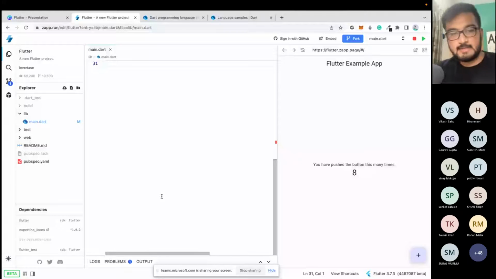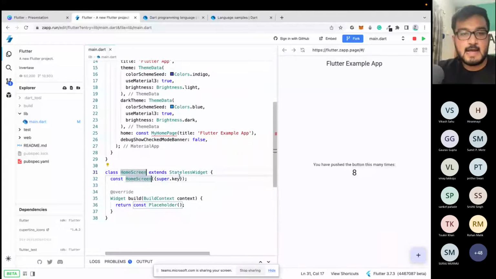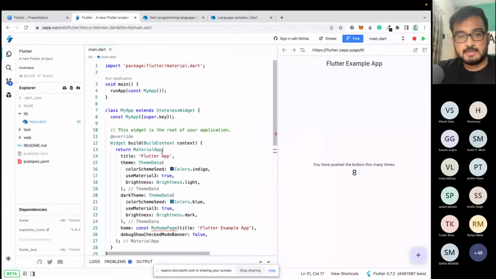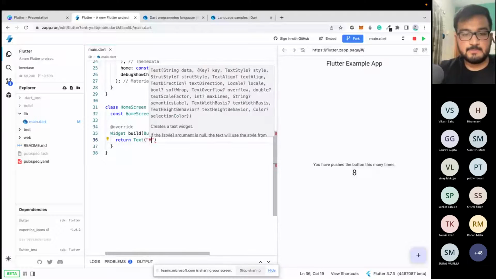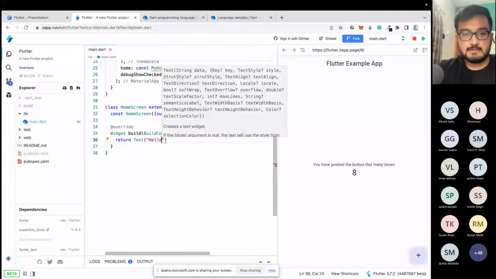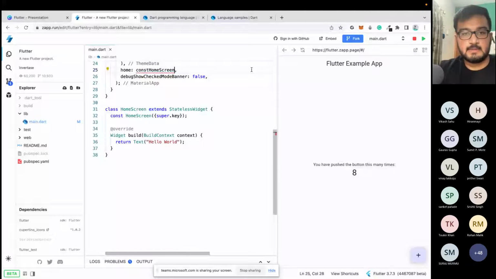So it will create a stateless widget for me, so you do not have to write down these arguments from scratch yourself. And instead of this placeholder right here, I can just type in text and give it some value like hello world, and copy this home screen from here and paste it here instead of this home page that is already there, and